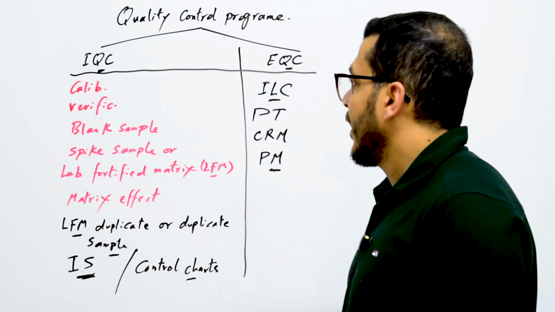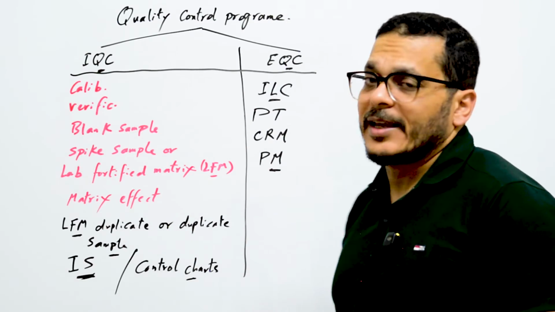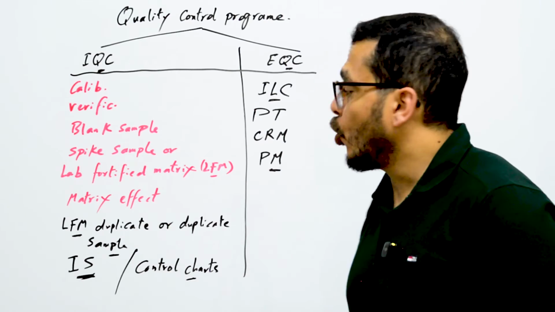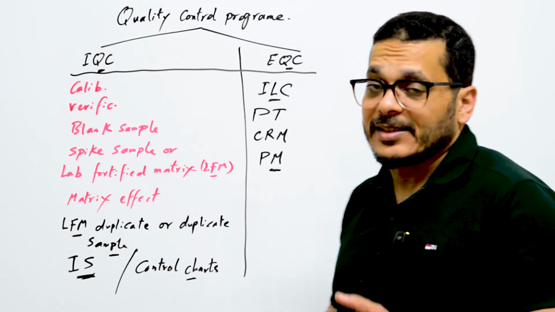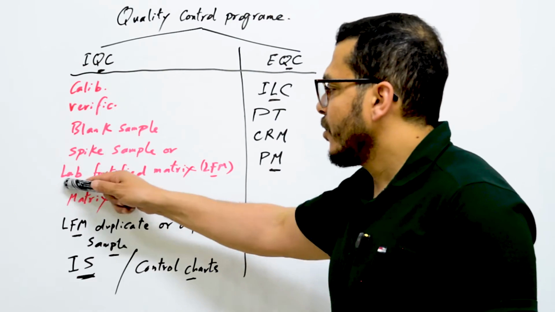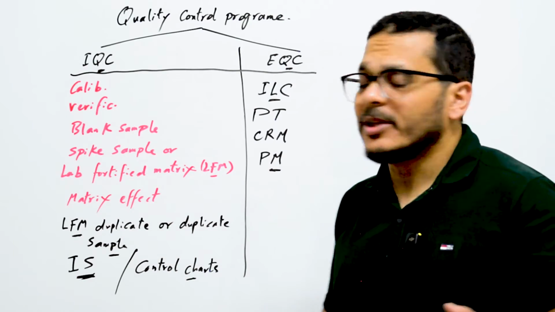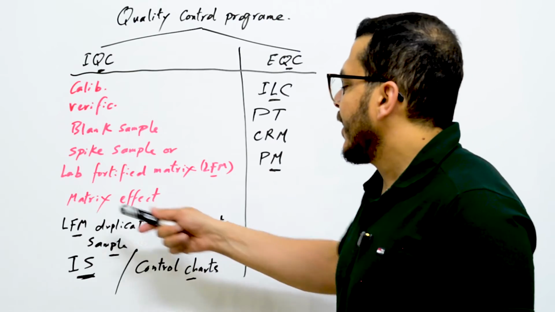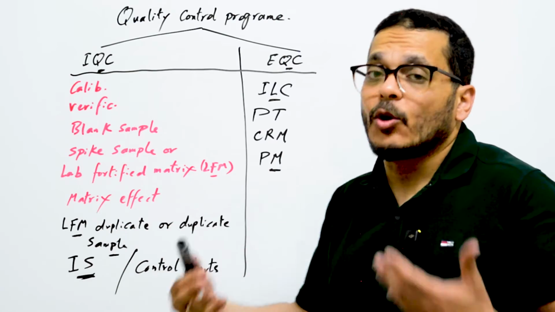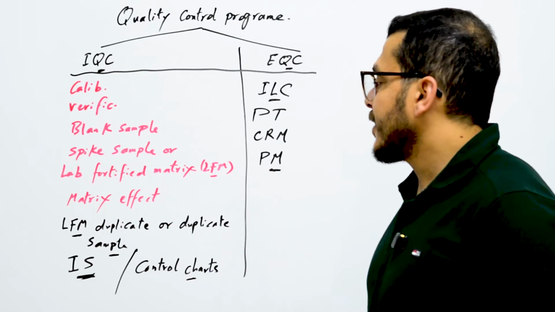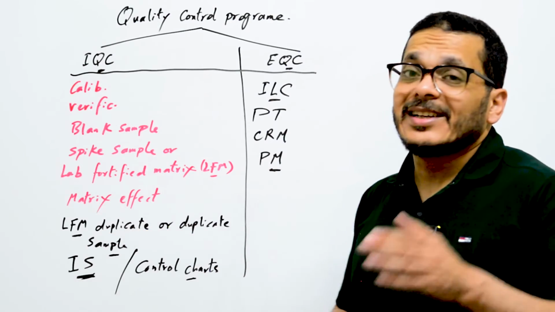Internal quality control, such as calibration, verification, blank sample, spike sample, or lab fortified matrix. In some laboratories we use it according to the guidelines. Some guidelines say lab fortified matrix, and some others say spike sample, but it is the same at the end. Matrix effect, if required, if there is an effect from the matrix on target analytes,